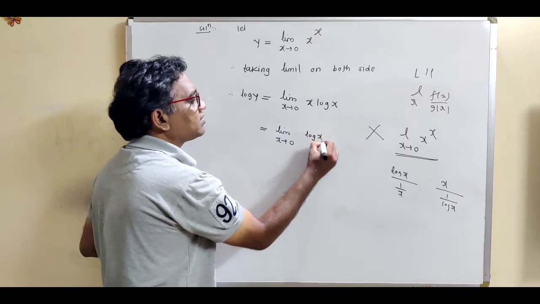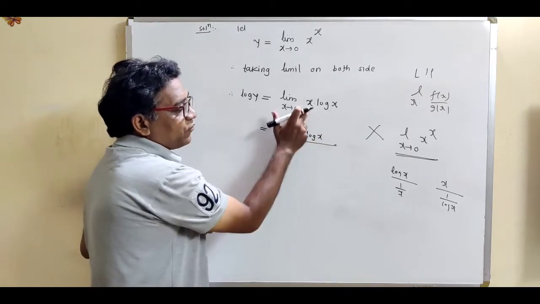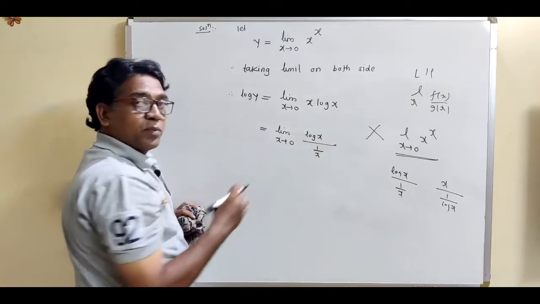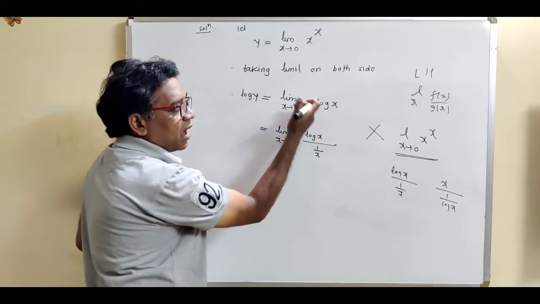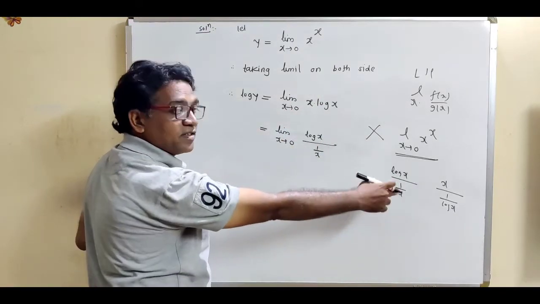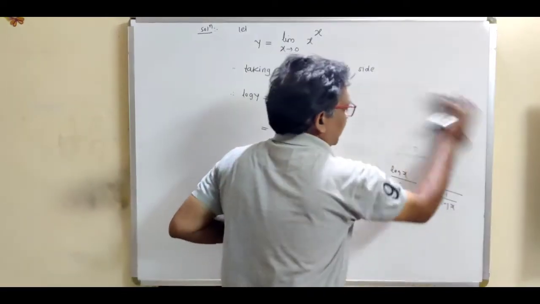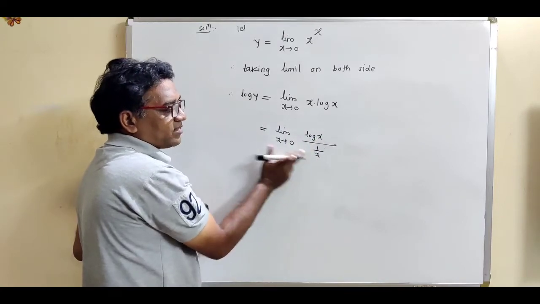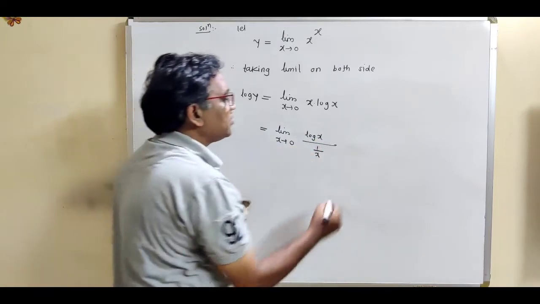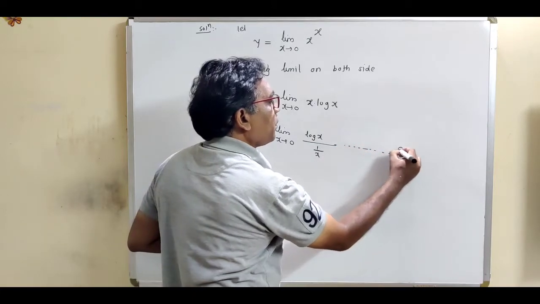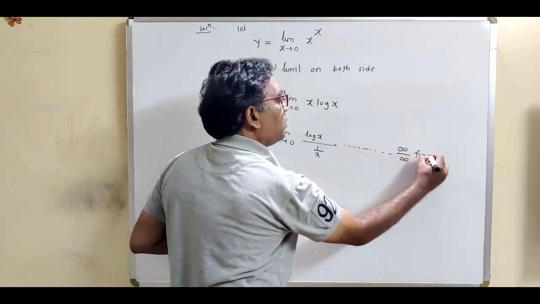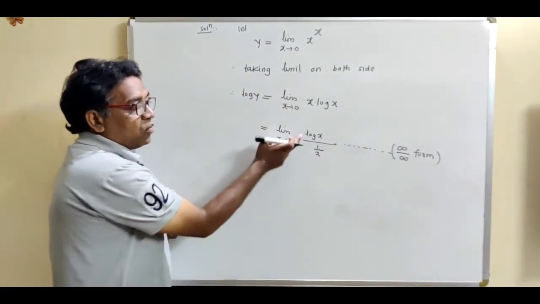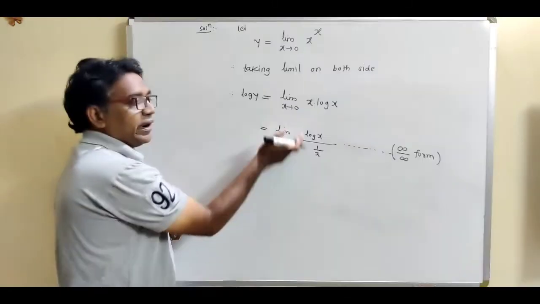So this is log x divided by. Now if we transform this x in denominator, then we get 1 upon x. It becomes a reciprocal term. If we transform either the first term or second term, then we get the reciprocal term. So obviously this is the division form, which is log 0, it is infinity. Put x equal to 0 in denominator, 1 upon 0, it is infinity. So this is the proper form, which is the division form, infinity upon infinity form.